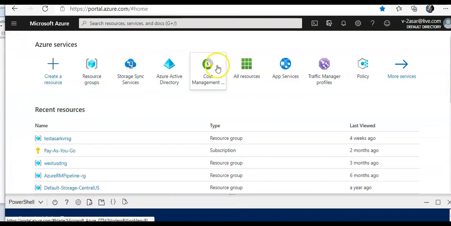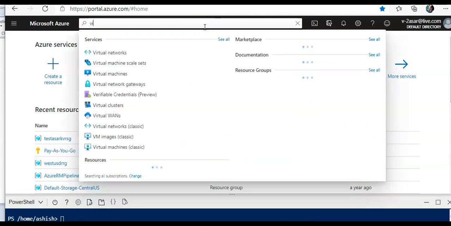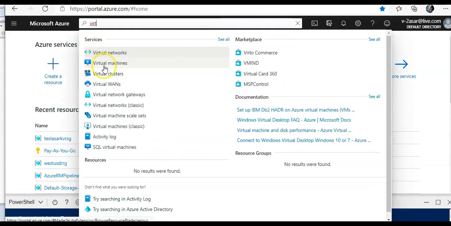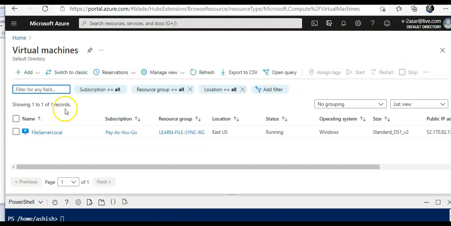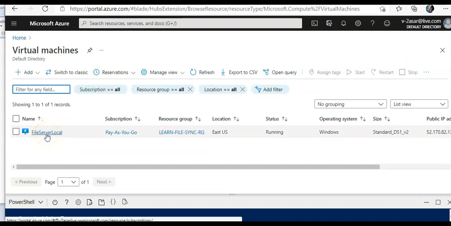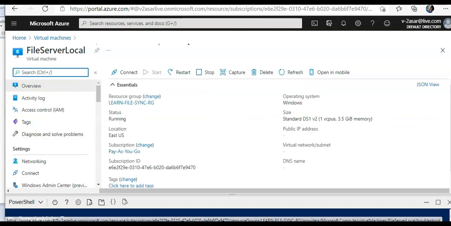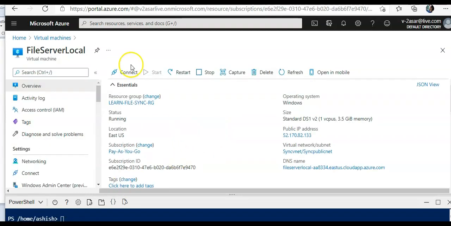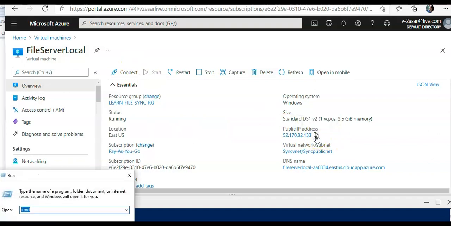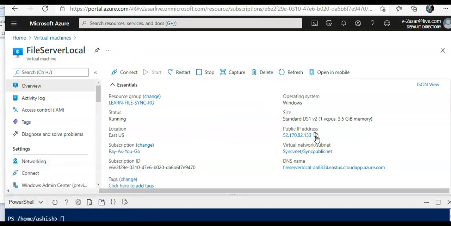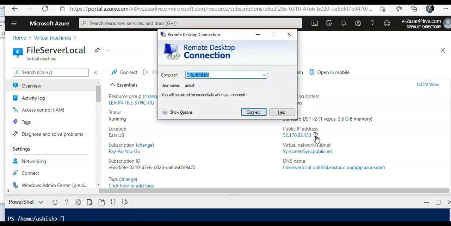Go to home. I'll check my virtual machines. This is my file server local. I'll click on it. I'll get the public IP. I'll do mstsc. I'll do this.